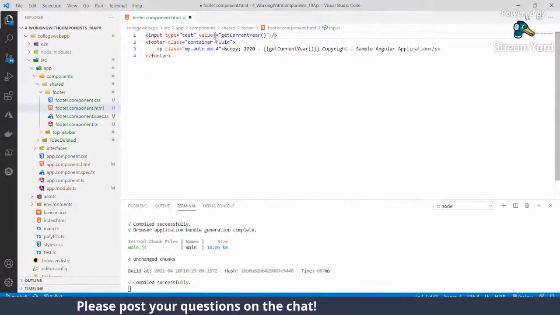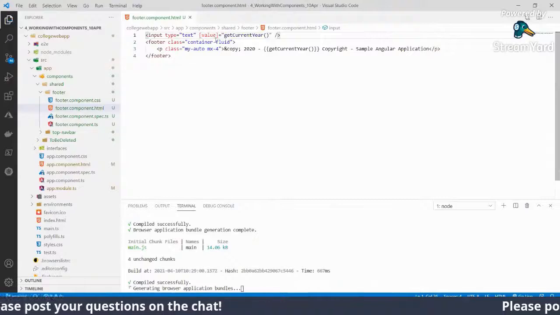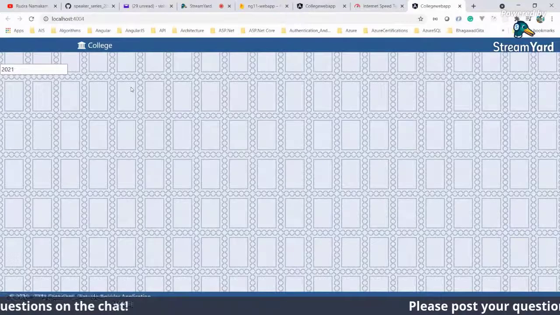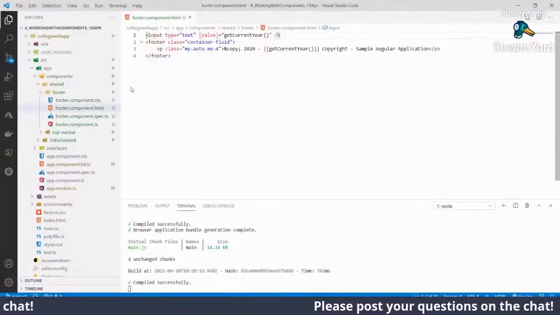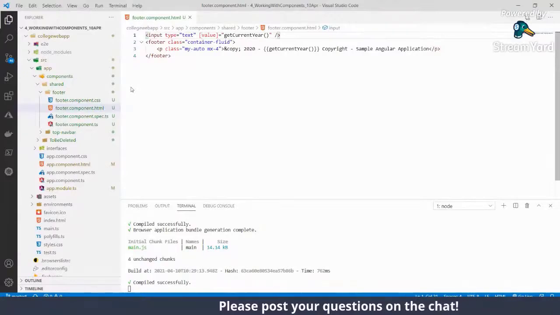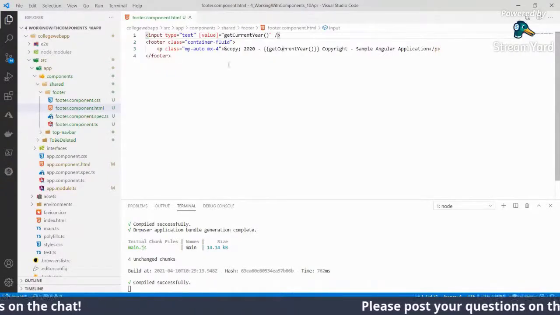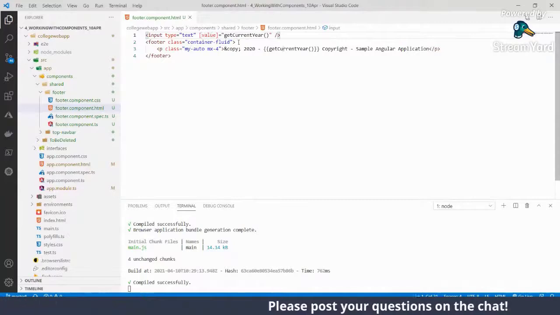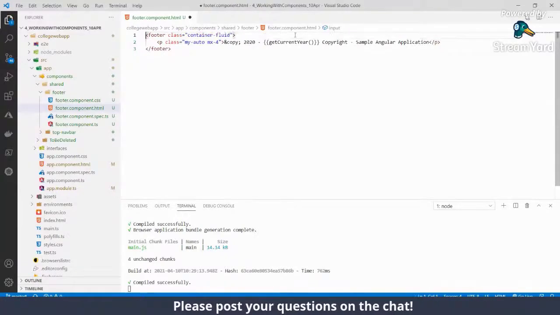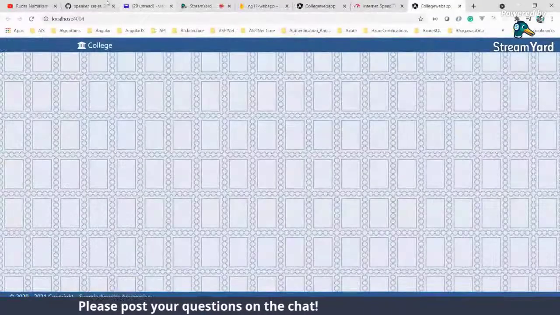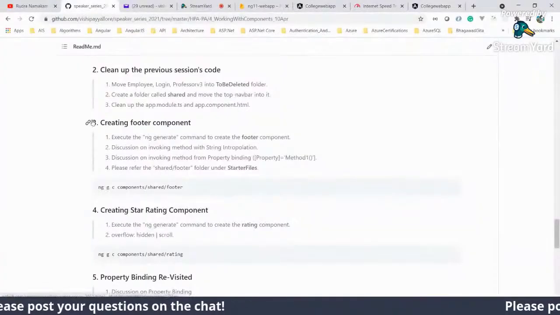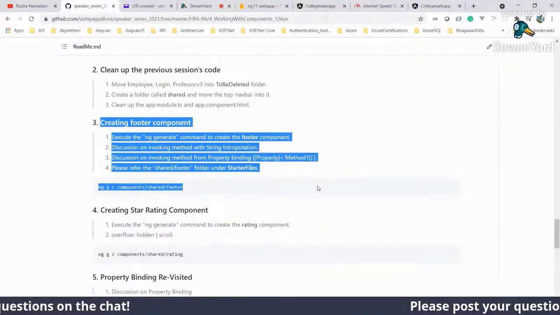That should be the property binding, it should be like this. So when you do a property binding, we can invoke this method. So you can invoke the method which is there inside the TypeScript component using string interpolation, or you can do it here as part of the property binding. So those are the two concepts we have covered in this session.